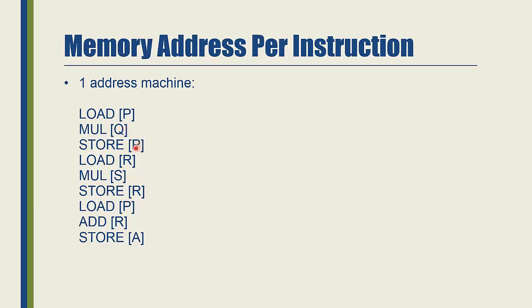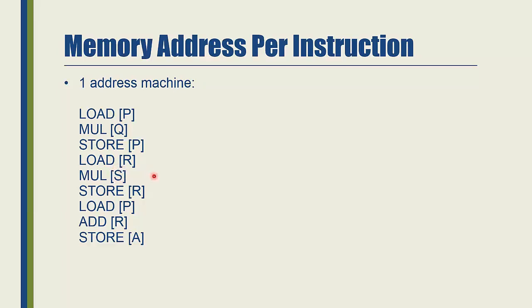And then because we want to do another multiplication, we need to keep the content of the accumulator, let's say into the address P again. Then we have to load R into the accumulator. The reason why we keep the previous value in the accumulator into P is because we don't want it to be overwritten with this load. After this load, we multiply the content in the accumulator with the value at S.